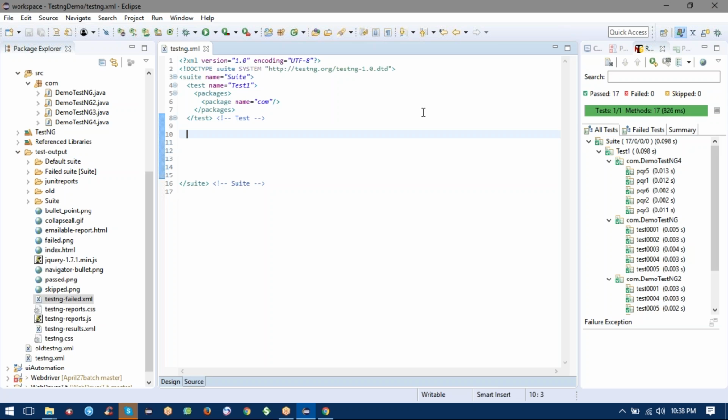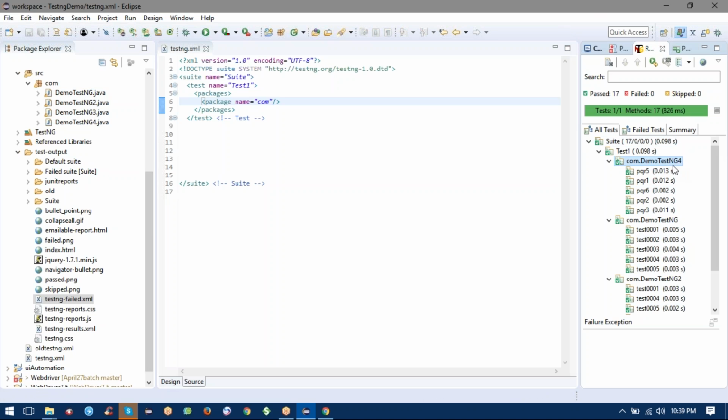Yes, there is a way. Which file? You can design your file here, the execution of files here only. If it is a package, then it will work on the default order of the file name. It will work on the natural default sorting order because it will pick one by one. You can see how it is picking. First it is picking demo testng 4. Fine. First it is taking test 1, then it is picking by default,